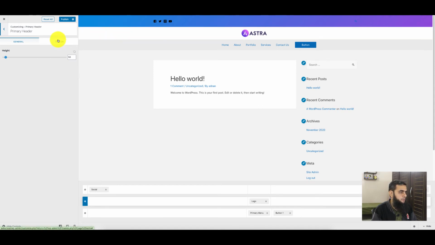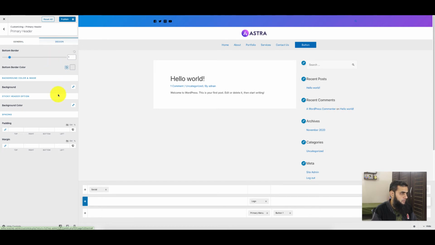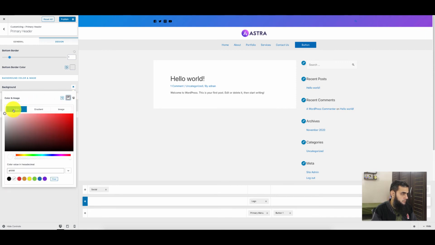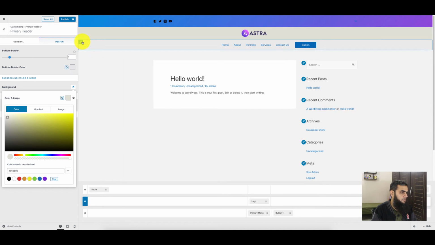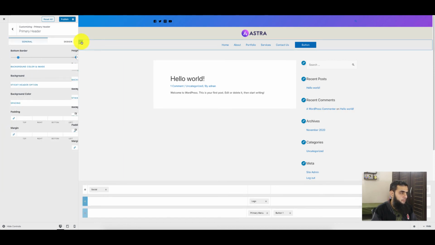Currently it is white, so we can change it to something else if we want to, or we can upload some background image also from the same option. Let's say I'm going to change its color, maybe from white. Okay, anything you want to try, and same like you can do this for the bottom row.